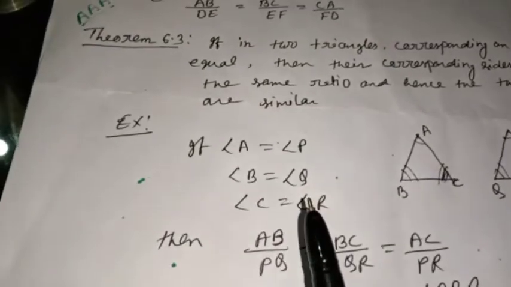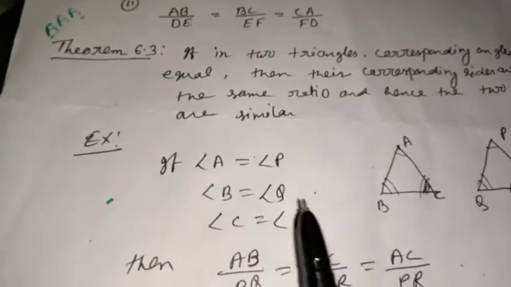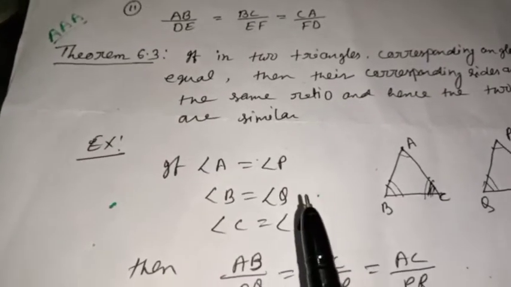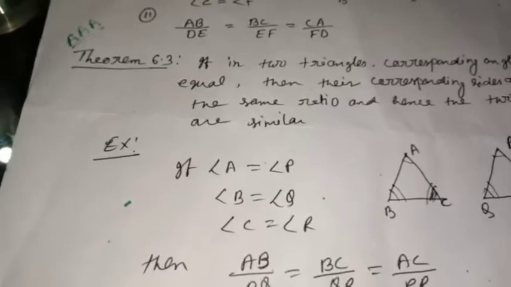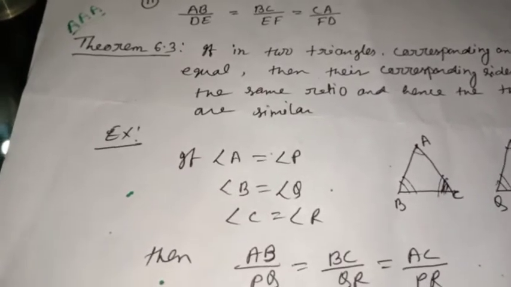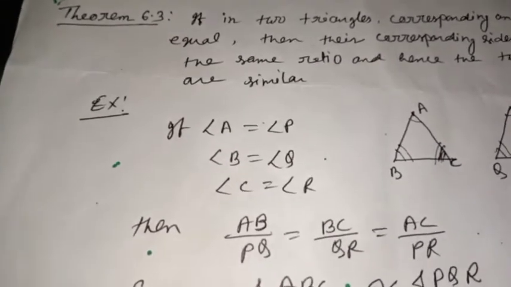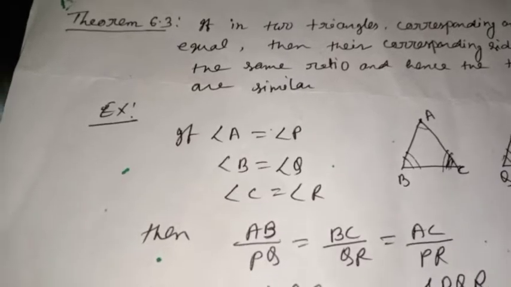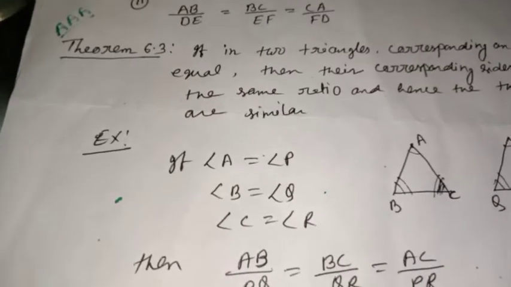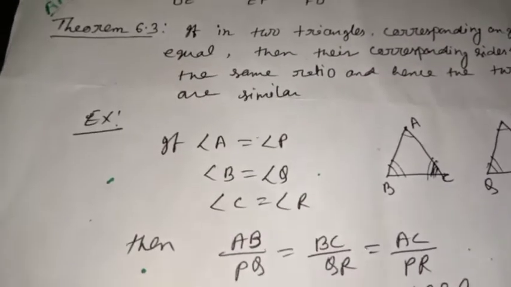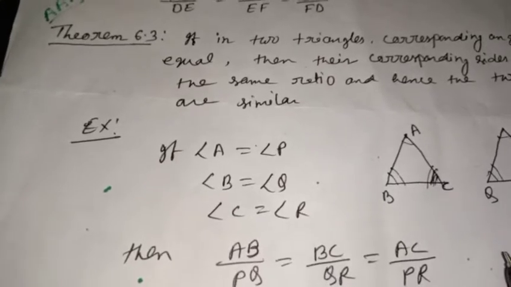And if you are having confusion, in your textbook the proof is already given, you can see that when two triangles have all the corresponding angles equal, then how you will get the corresponding sides are in the same ratio. It is proved in theorem 6.3. It is there, you can see. I have not given the proof. You can see. In case any doubt, then you can ask me. Okay,